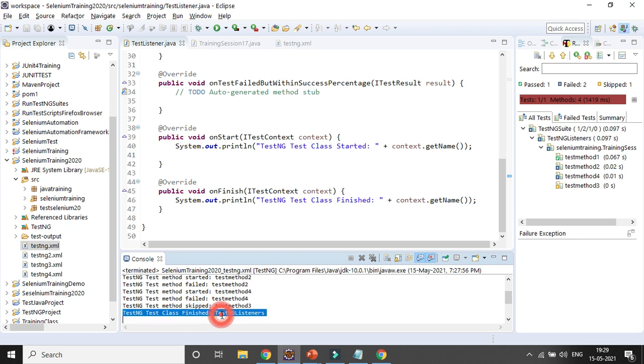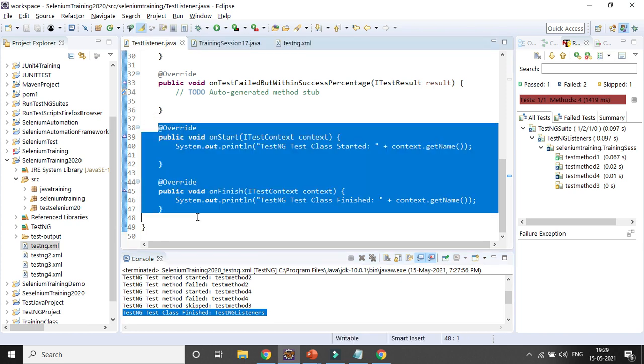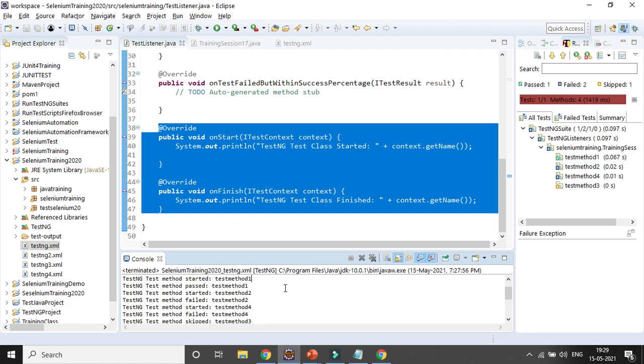And at the end it is coming at the class level annotation. So these are the two class level callbacks. You can see ITestContext is the class level, otherwise the rest are method level, which is ITestResult. Okay, so started will be there for passed and failed, and in case it is skipped, the method will not be started because it is skipped, right? And the class level will be coming here, right? Test class started, and it will give you the class name, whereas the rest will give you the method name, test method 1, test method 2, test method 4, and test method 3 is skipped.